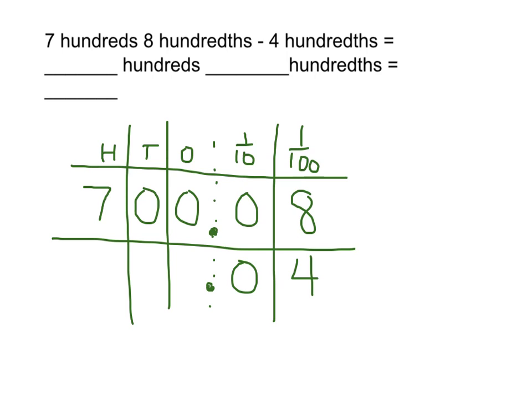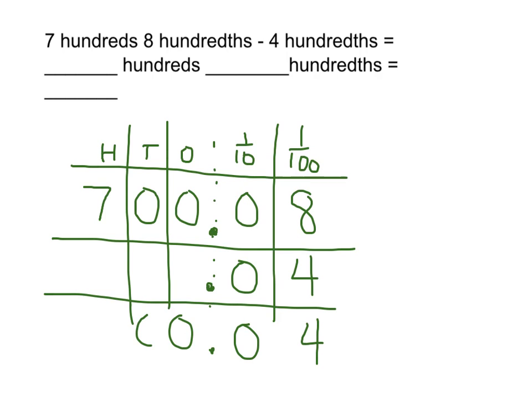Now if I subtract, that's going to become 4 and 0, just like so. So I'm going to have 7 hundreds and 4 hundredths, or 700 and 4 hundredths as my